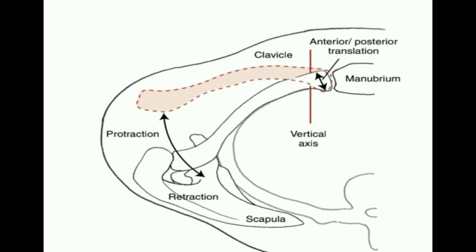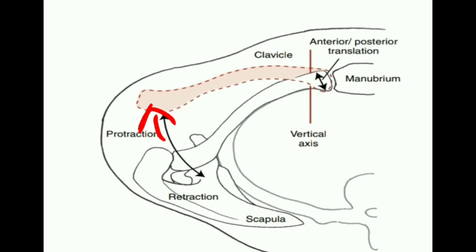So here that's not the picture we need to know. In protraction, the lateral end moves anteriorly and in retraction, the lateral end moves posteriorly. The earlier picture in elevation and depression was that convex is moving on concave. Remember? Earlier we studied that in elevation the convex surface is moving on the concave surface. So now there will be a slight change here.